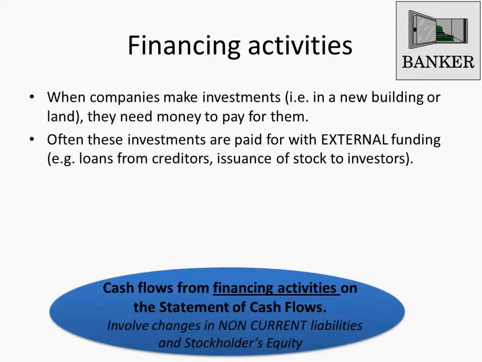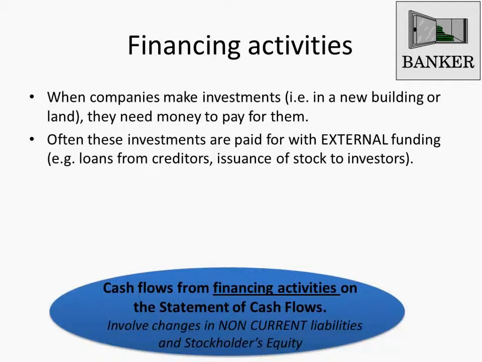Financing. When companies make investments, they need money to pay for them. So sometimes these investments are paid for with external funding. You might take out a loan, you might issue stock. So cash flows from financing activities involve changes in non-current liabilities and stockholders' equity. Changes in non-current liabilities and stockholders' equity are going to be shown in the financing section of the statement